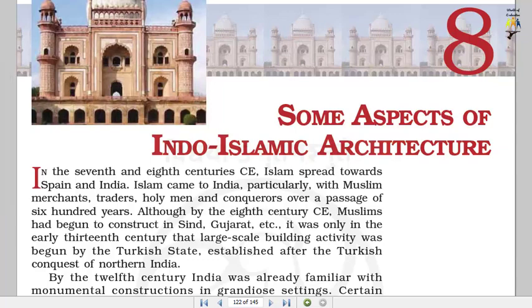Lesson 8: Some aspects of Indo-Islamic architecture. In the 7th and 8th centuries CE, Islam spread towards Spain and India. Islam came to India, particularly, with Muslim merchants, traders, holy men and conquerors over a passage of 600 years. Although by the 8th century CE, Muslims had begun to construct in Sindh, Gujarat, etc., it was only in the